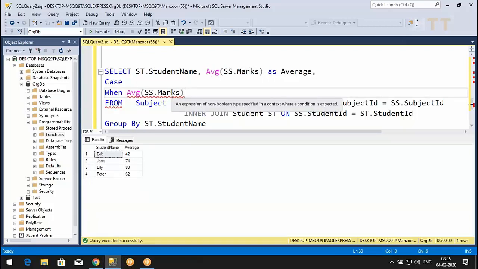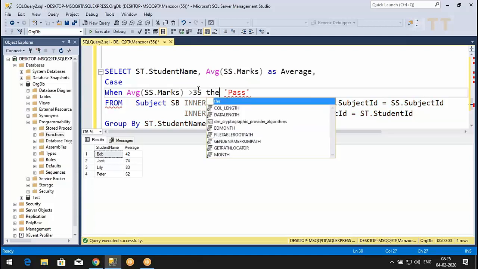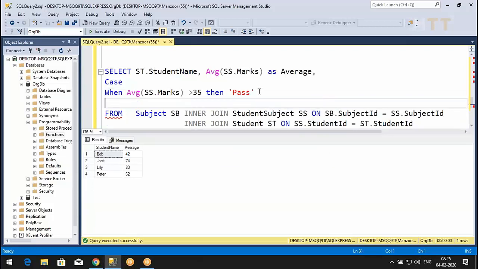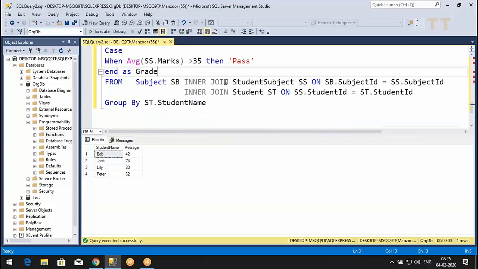It is giving an error. Let me check this. If when average of SS marks is greater than 35, then I'll say pass, then, and here I'll say end as grade. Now will it work?